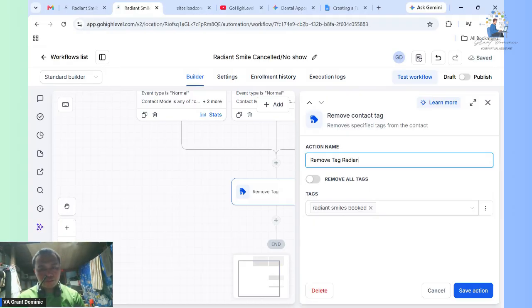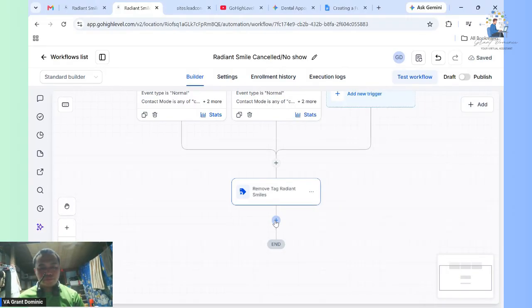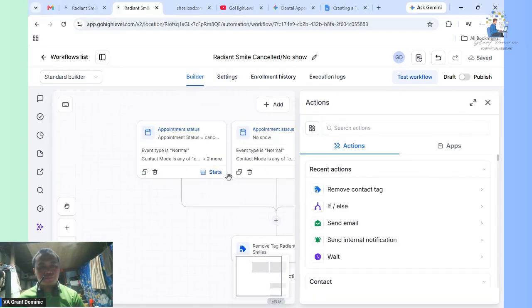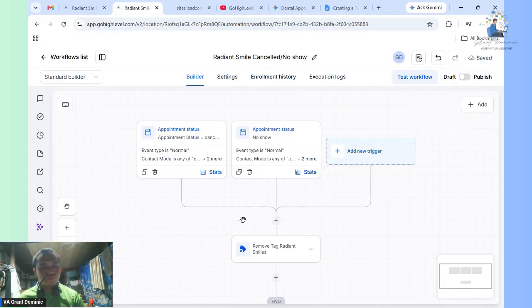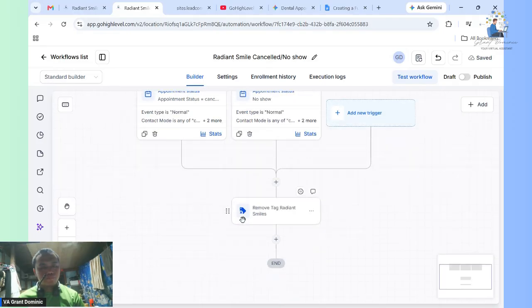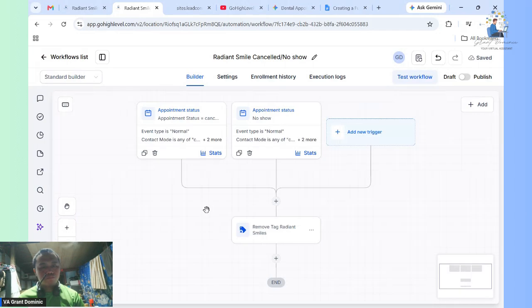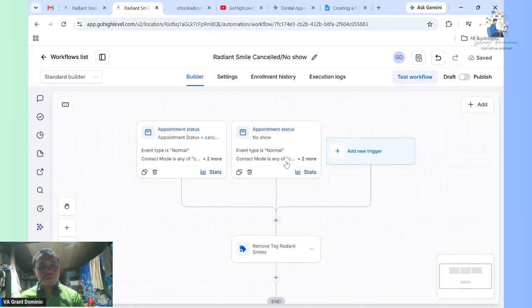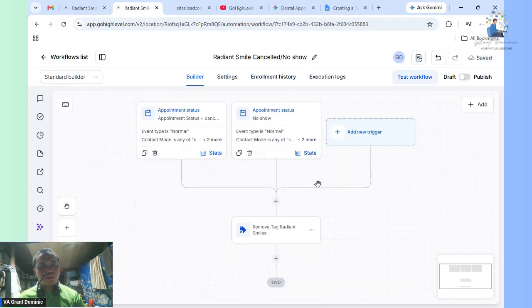Radiant smile. So we'll create a separate email on this for the no show and the cancel.